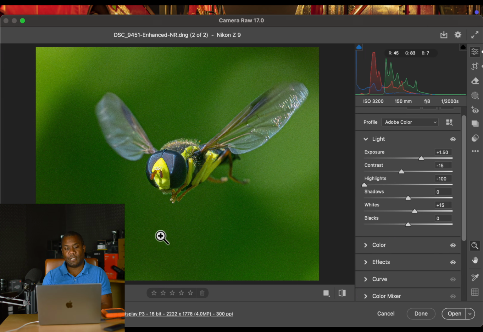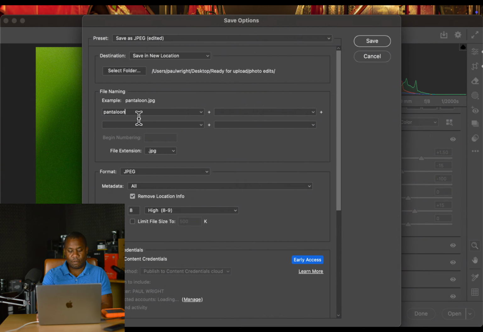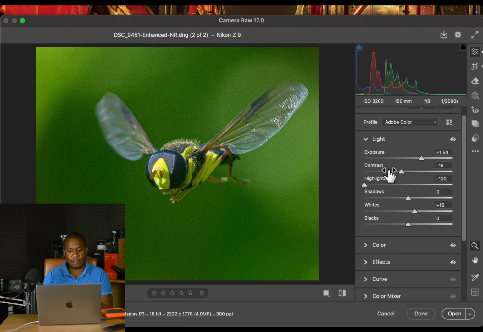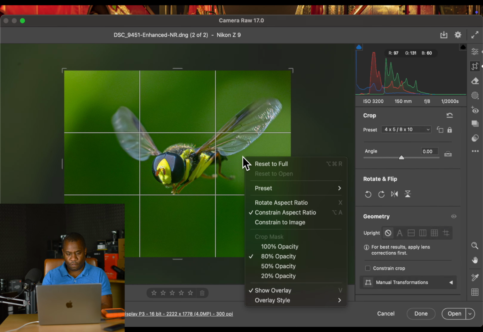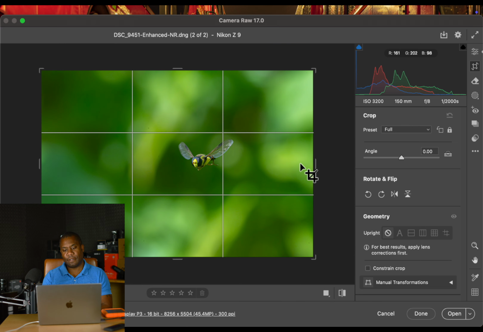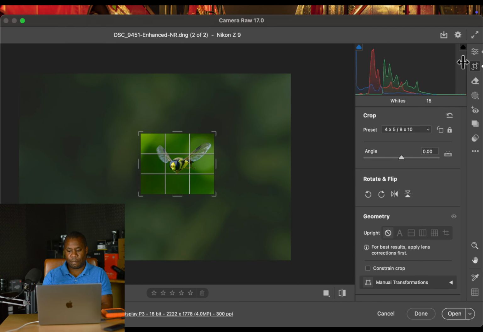So all I'm going to do is save that. I just need to change the name of that. I can't remember what it's called. It's an X grammar something or other. Let's just call it X grammar. All right, save that. I press done. Oh, I won't press done. I'm going to show you the original picture again. Reset to full. So we've gone from there to there. That size. We're going to press done,